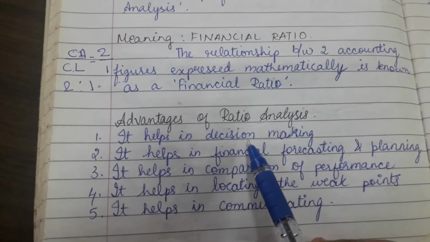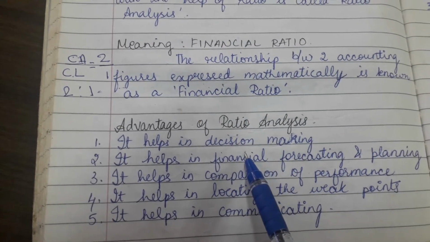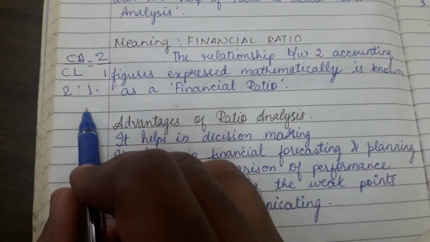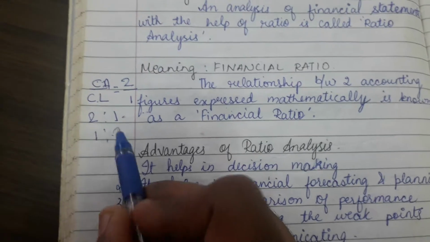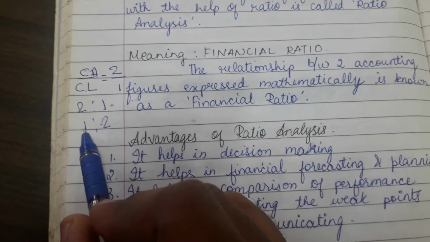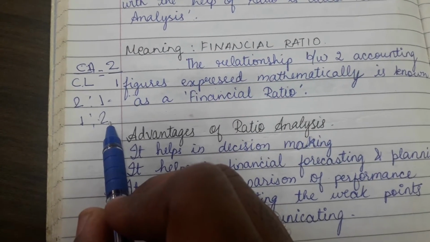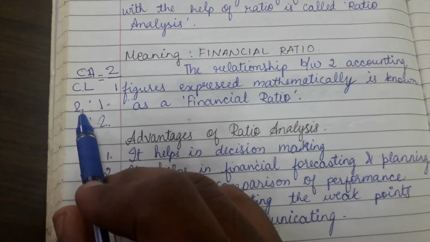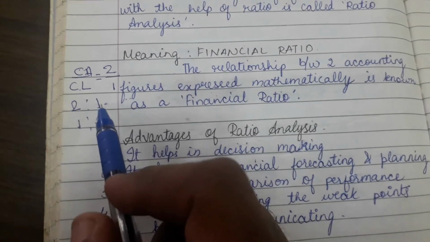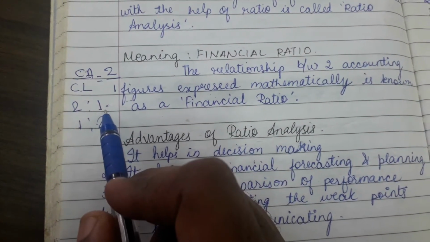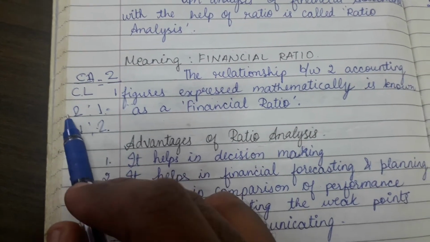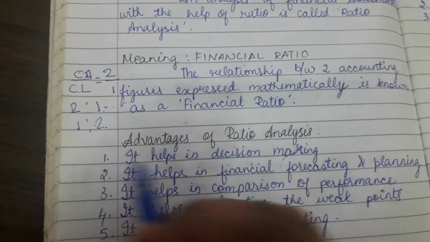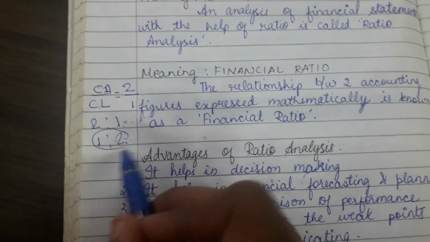What are the advantages? We can take a proper decision. If it was the opposite way, for example 1:2, it means my current assets are low and my current liabilities are more. So what decision do I have to take? I have to raise current assets to double and bring current liabilities to a single unit, meaning my current assets should be more than my current liabilities. That can be a decision taken from this example.